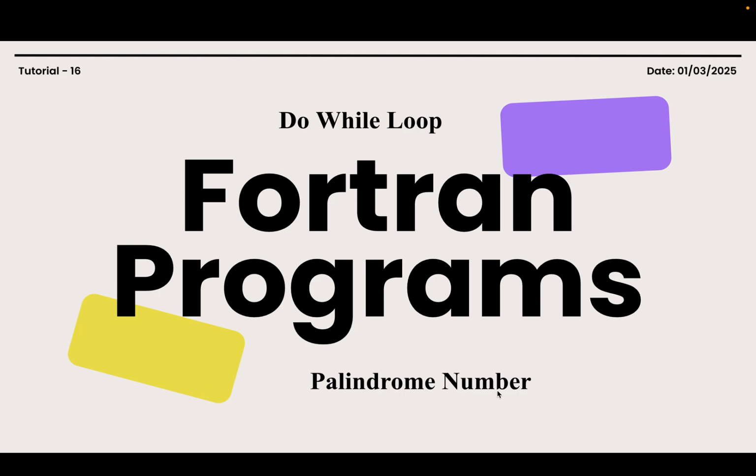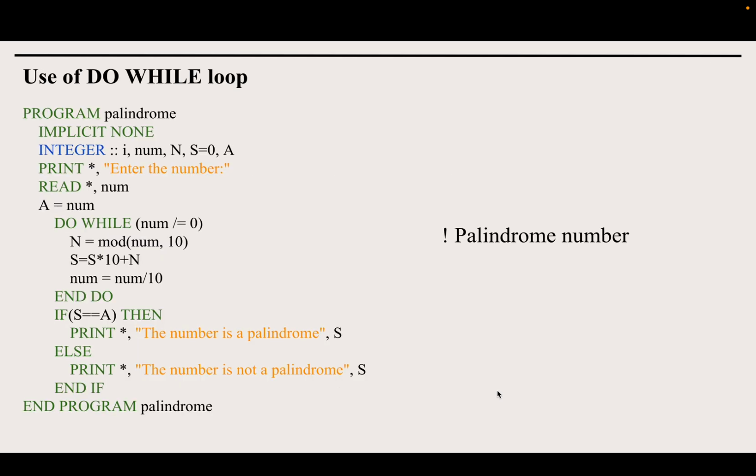So we know what a palindrome is. A palindrome means a number which we can read the same in forward and backward manner. Suppose I can say 232. That means from the forward it is 232 and from the backward also the number is 232. So this number is called a palindrome number. How to use a do loop to find whether a number is a palindrome or not, we can see